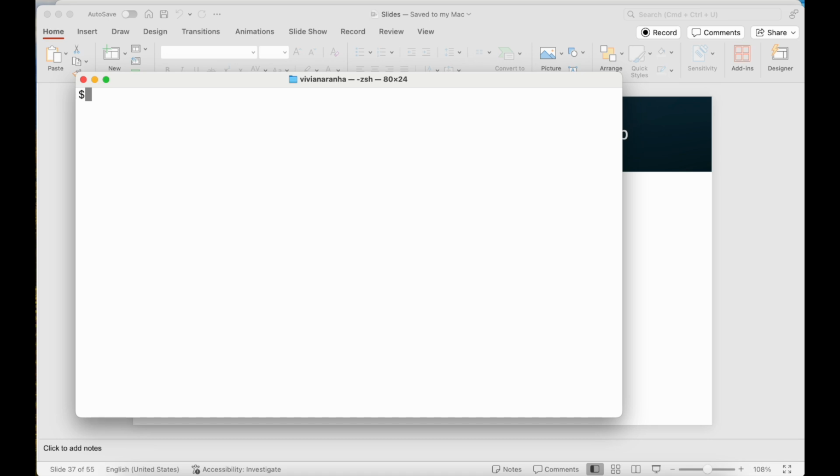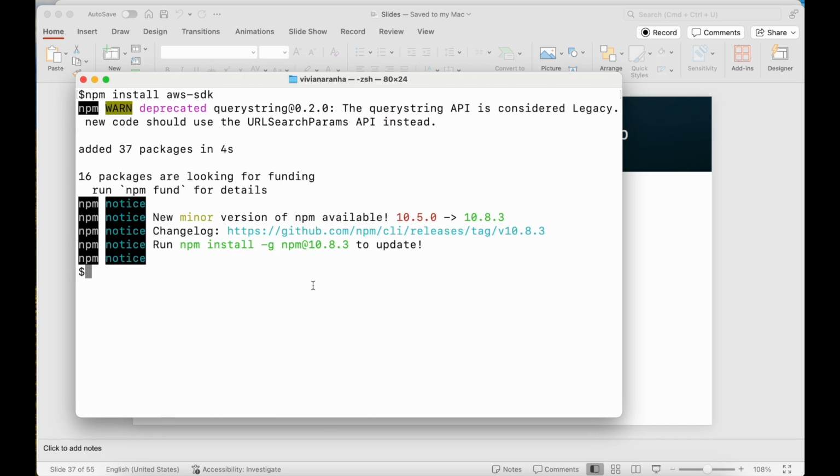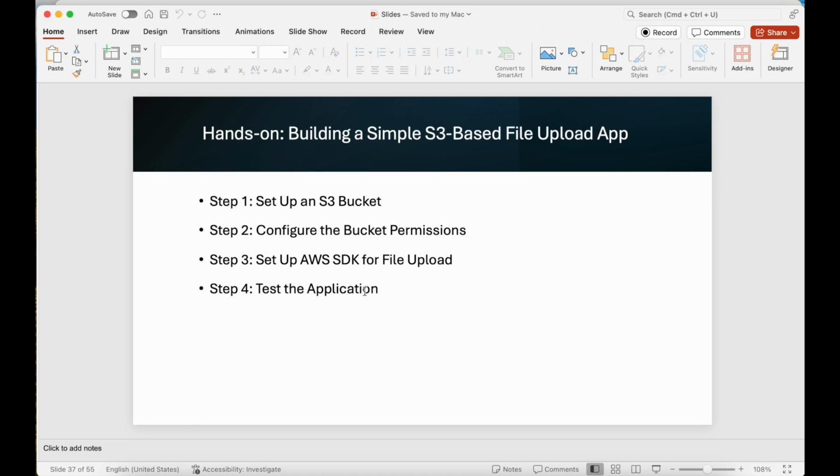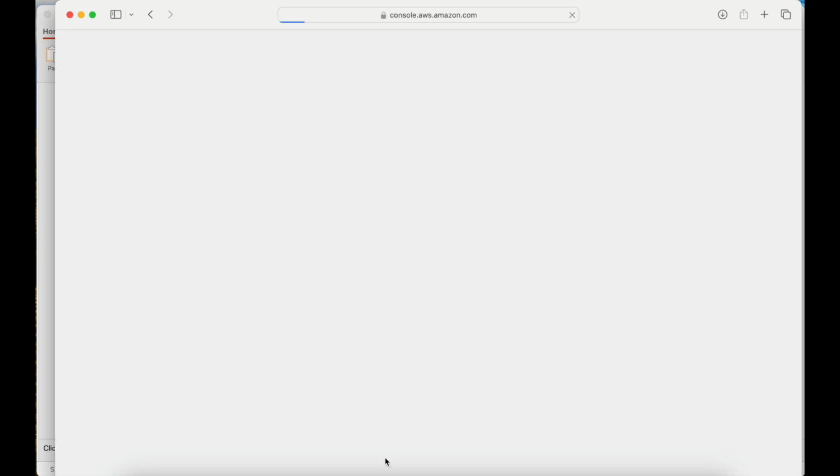So clear this out, and first thing I'm going to do is install AWS SDK. That's the Amazon SDK. So once I do this, inside this setup AWS SDK, the step that we have to do is configure the AWS credentials. So for that, what I'm going to do is go to my AWS here, and here I will try to get my credentials, because I can't upload without the credentials, and I've deleted all the credentials from before. So I'm going to go to my account, security credentials,